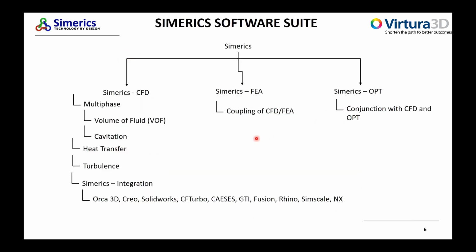In terms of our software suite, we have Cimerix CFD, which has been there for a while now. We have Cimerix FEA, and then we have Cimerix OPT. The CFD has multiple physics: multiphase with the volume of fluid approach and cavitation, heat transfer, and turbulence. In the last few years, we have focused a lot on CAD integration with packages like Creo, SolidWorks, NX, Fusion, Rhino. We also have integrations with other tools like GT, SimScale, Cases, CF Turbo, Orca 3D. So we have a wide variety of